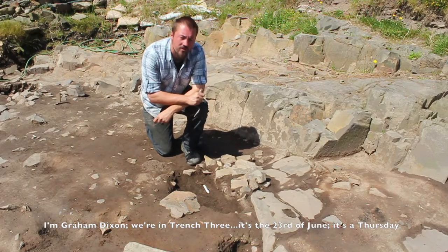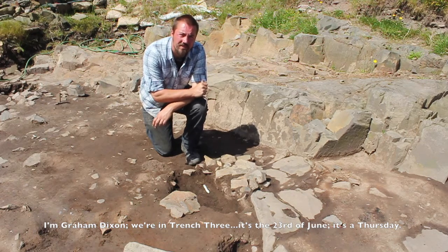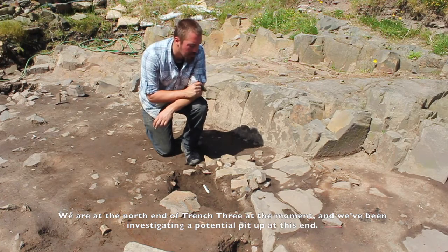I'm Dixon, we're in trench 3. It's the 23rd of June, it's the Thursday. We are at the north end of trench 3 at the moment, and we've been investigating a potential pit up